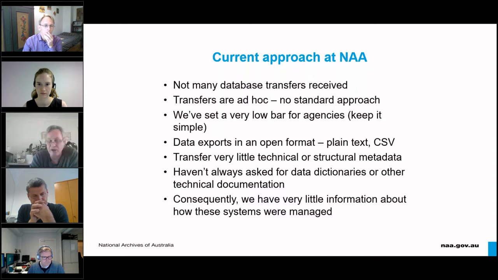On the other hand, in the Commonwealth Government of Australia, we leave it to the agencies to decide when they'll transfer, pretty much. And it's only at the point of transfer that we decide the technical form the transfer will take. So what this has meant in practice is that when the time comes for transfer, we fall back on easy options. So let's have a look at a few examples.